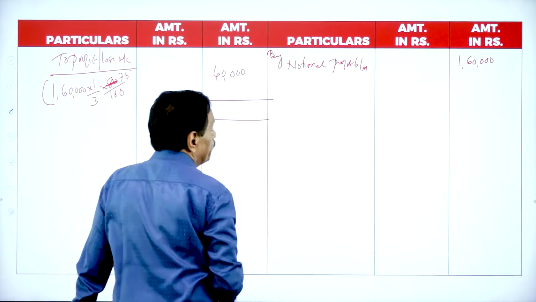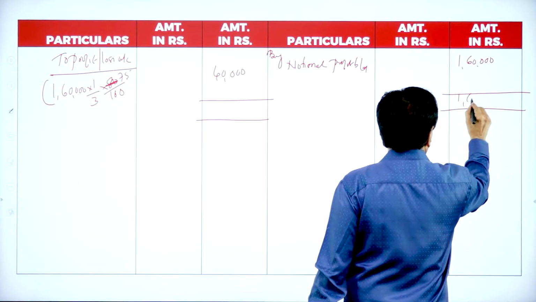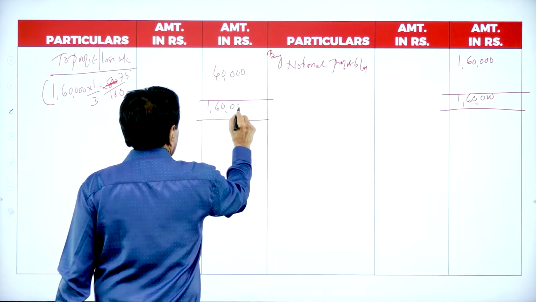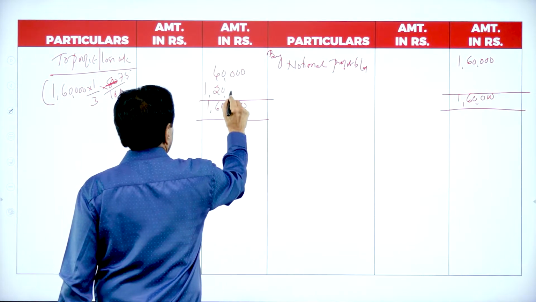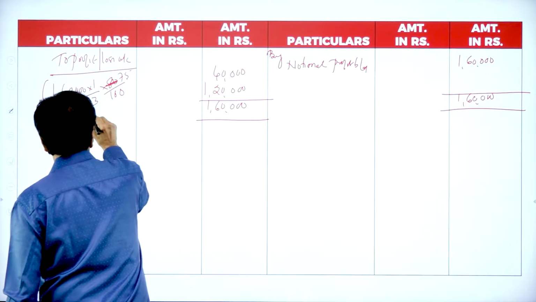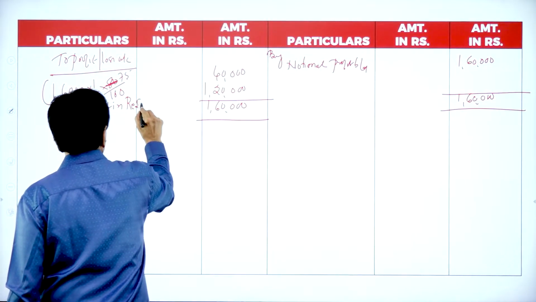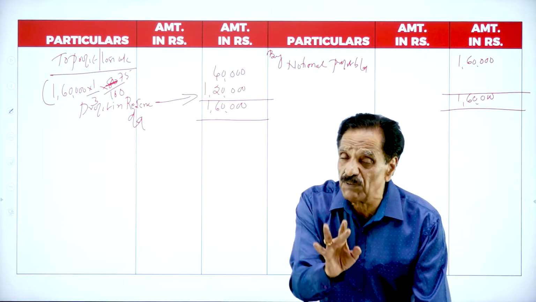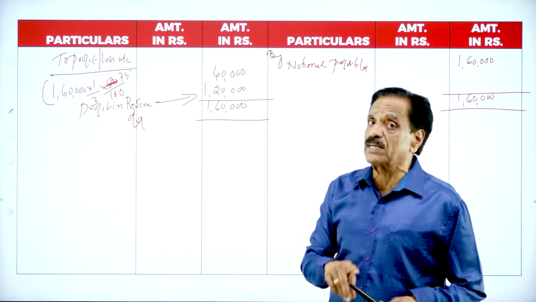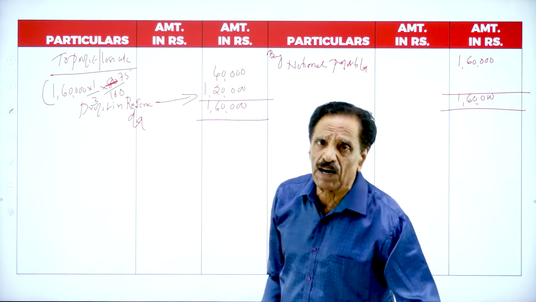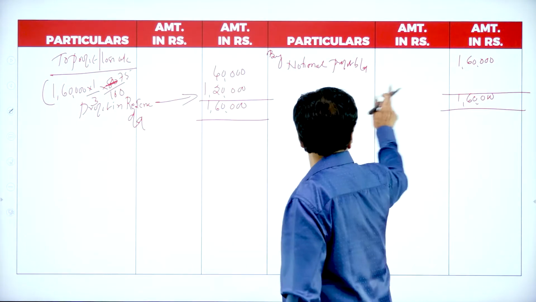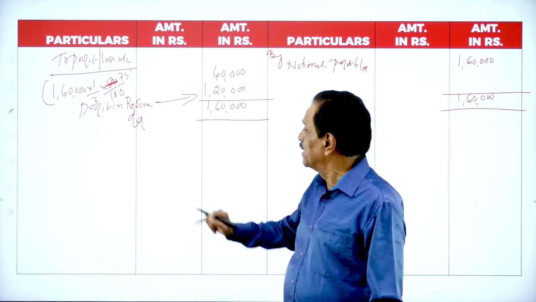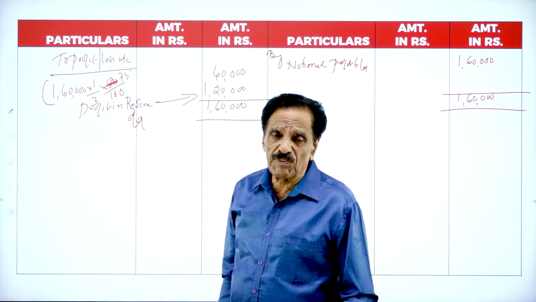Bring out the difference. 1,60,000. Difference is 1,20,000. What is this? Profit in reserve. Profit in reserve carried down. So, what is your cash received? 75% of work certified. So, your notional profit is 1,60,000. Formula: notional profit into 1 by 3 into cash received divided by work certified. This goes in favor of the last year.